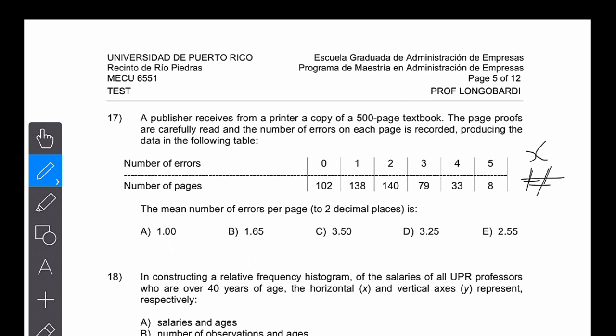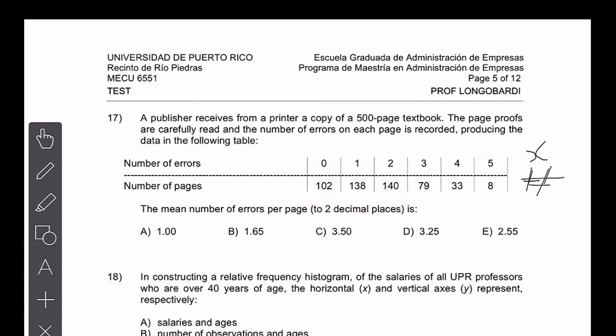Okay, so what you have to do is multiply the value by the number of observations. If this looks very foreign to you, look at the exercises. There are 3 exercises on the weighted mean in the GDS unit. I made videos. Recognize that you have to do a weighted mean. Each observation has different